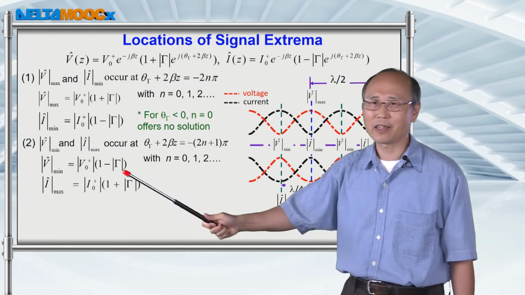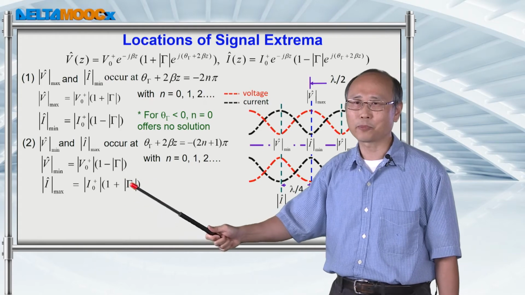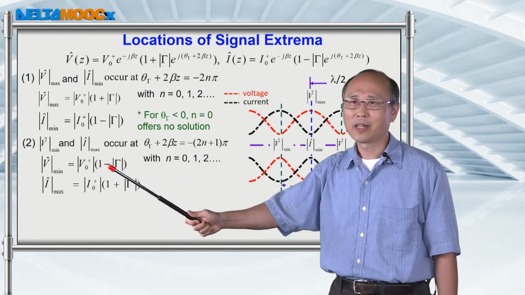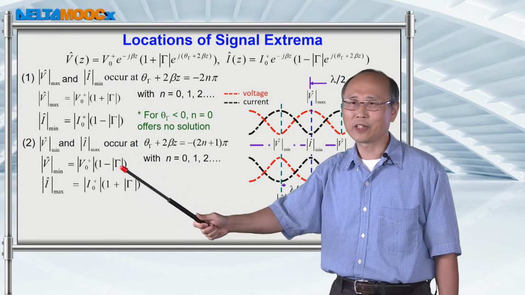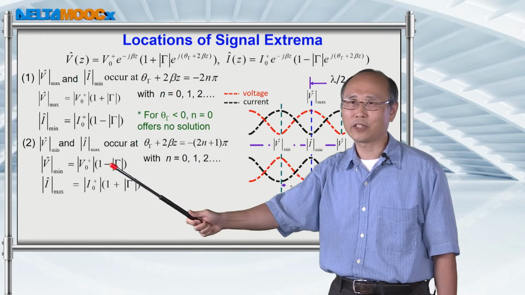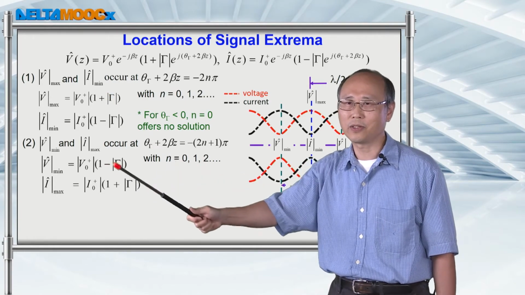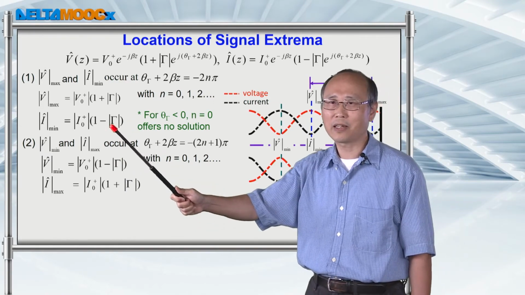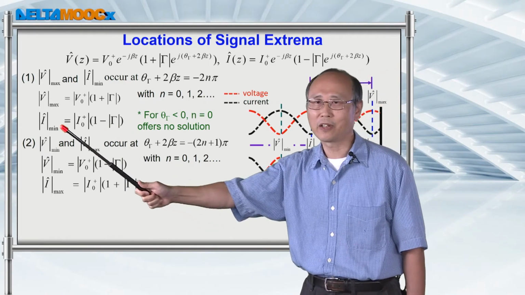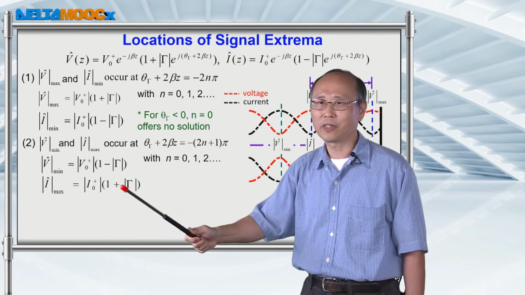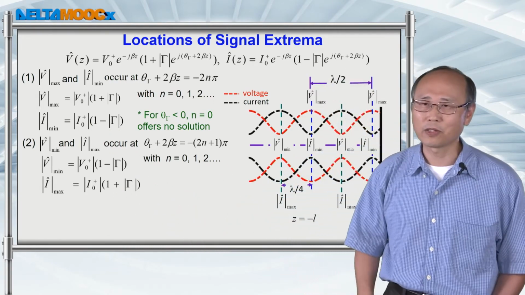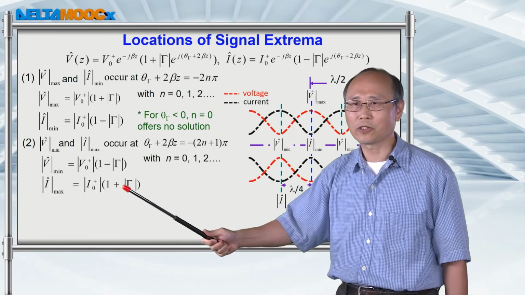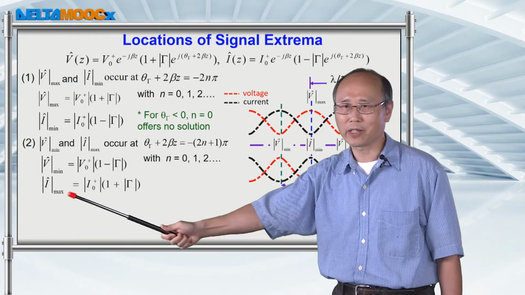So again, you see very similar expressions, except that the sign before the gamma is changed from plus to minus for the voltage, but the negative sign before the gamma for the current changes to the positive sign, so that you get the maximum value